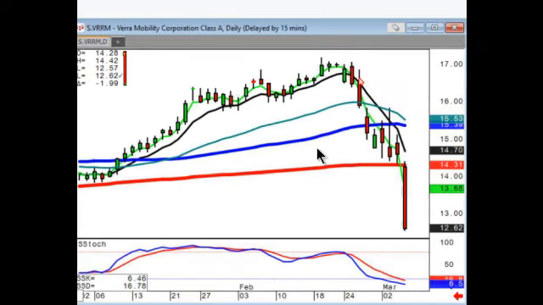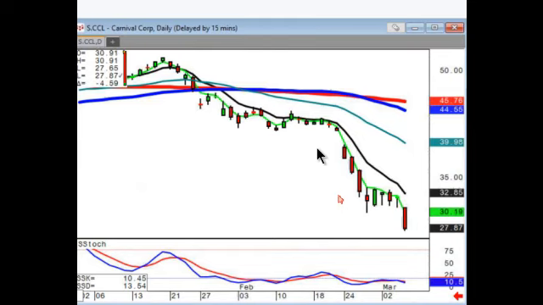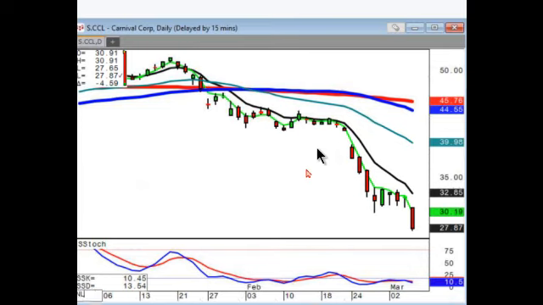So look at your bearish engulfing here on VRRM. Started your downtrend. So the shorts, I bought some more puts. I had made good money on the puts on Carnival, and I rebought puts because this looks like a wave 1, wave 2, going into wave 3. Same thing with